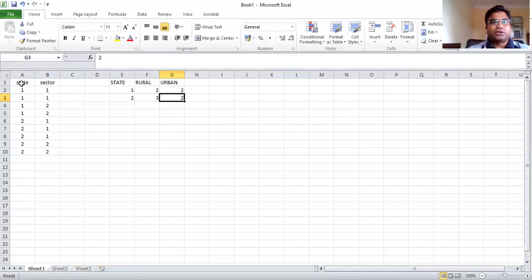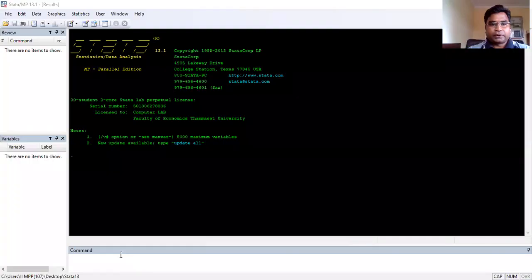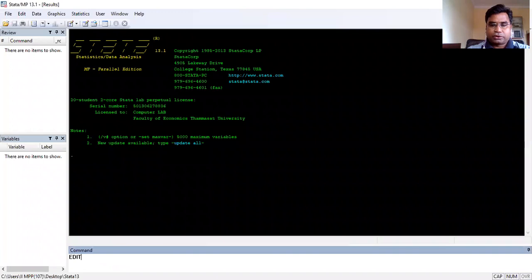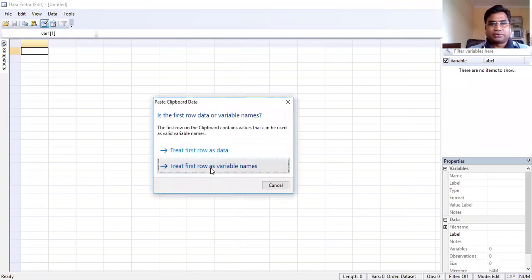So for example, I just copy this data to, let's say, Stata. Let me go here, edit. So I just paste my data here.